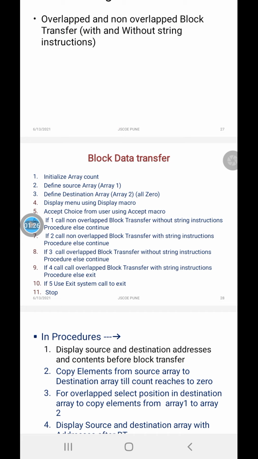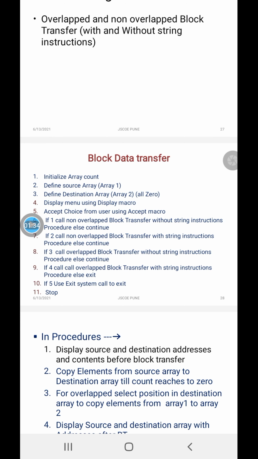from the source block to the destination block, where there is no matching of the source address and the destination address. Not a single address in the destination block and the source block is matching. Then that transfer we call a non-overlapped block transfer.